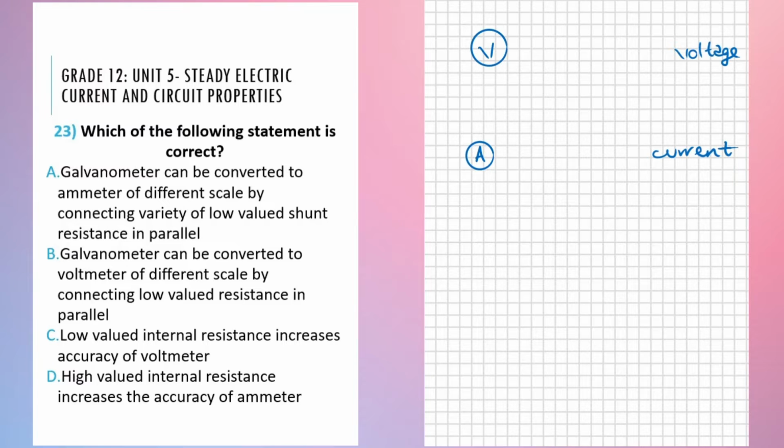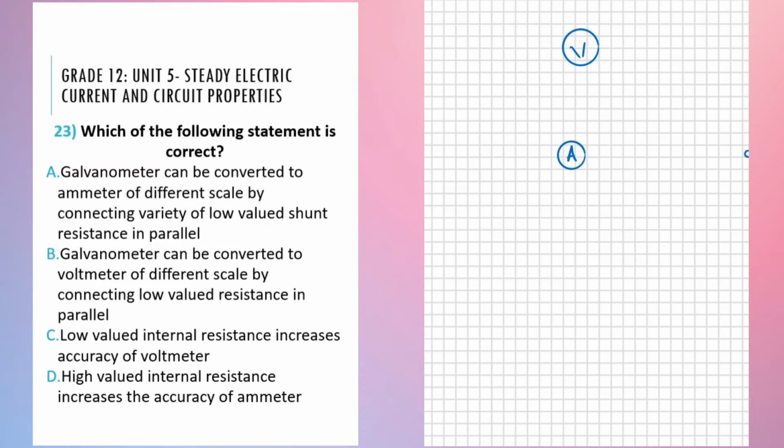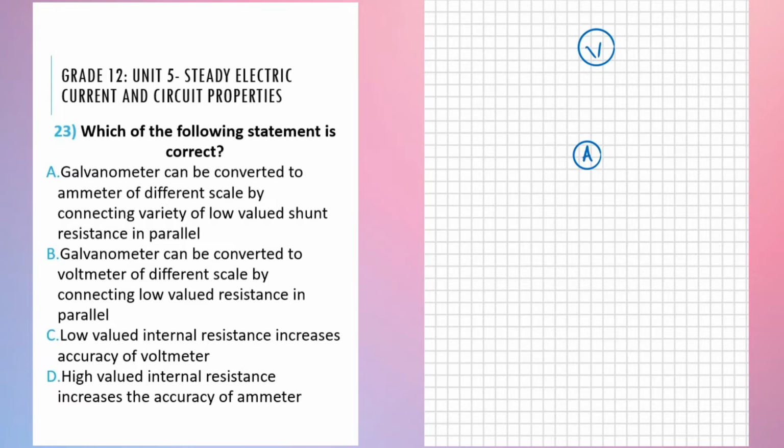So let's shift the board a bit like this. If you wanted to measure the voltage across some resistor, for a voltmeter, you must place this resistor in parallel with the voltmeter like so. When you place it in parallel, the voltmeter will be able to measure the voltage across this resistor. Alternatively, for an ammeter, if you want to measure the current, you have to place the resistor in series with